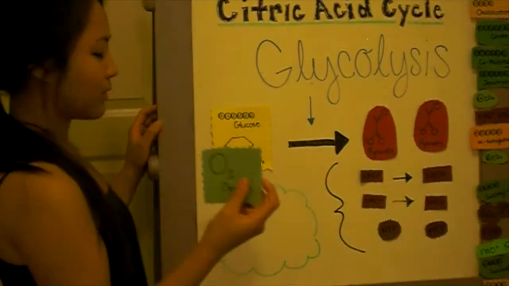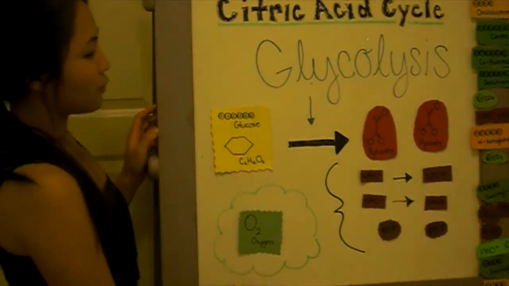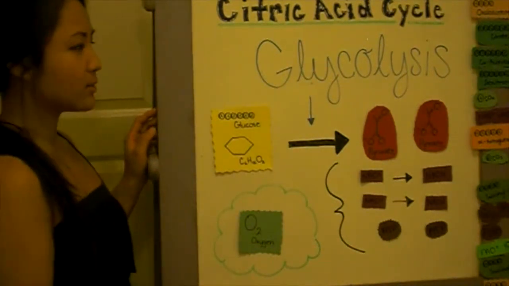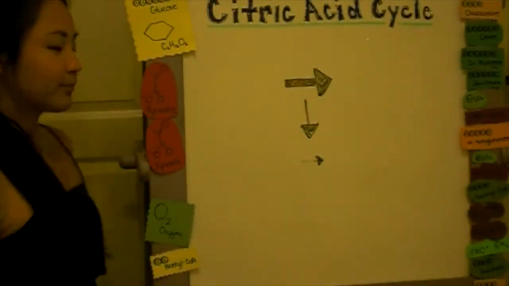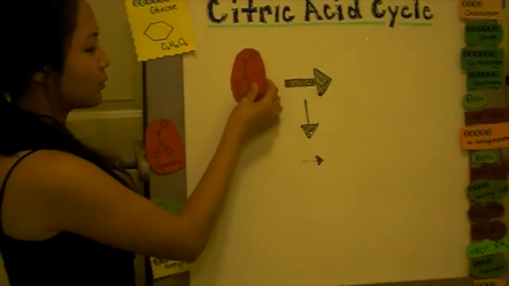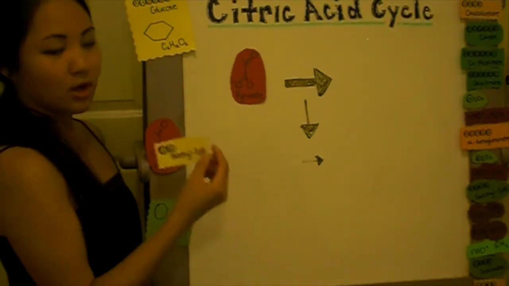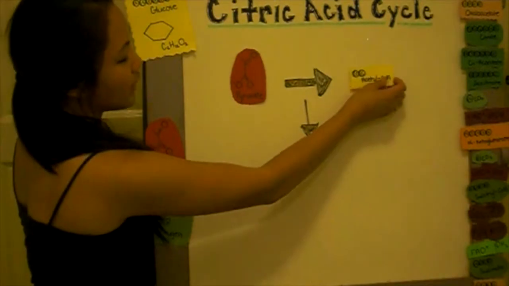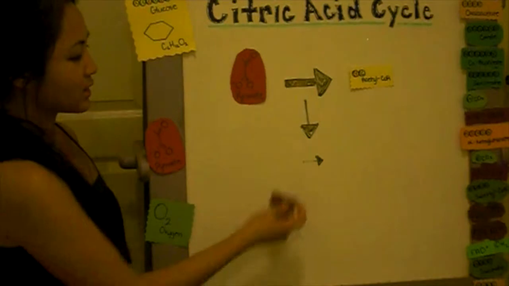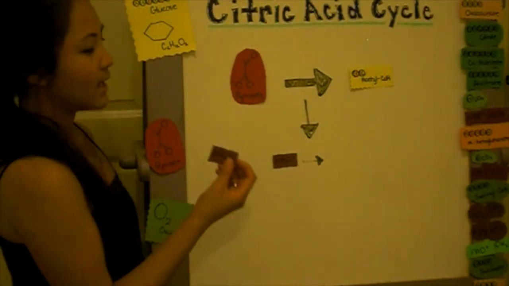If oxygen is present after glycolysis, it moves forward to the citric acid cycle, which is also known as the Krebs cycle. The primary substrate of the citric acid cycle is pyruvate, which then gets converted to acetyl coenzyme A, also known as acetyl-CoA. During that conversion, an NAD plus gets reduced and converted to NADH,